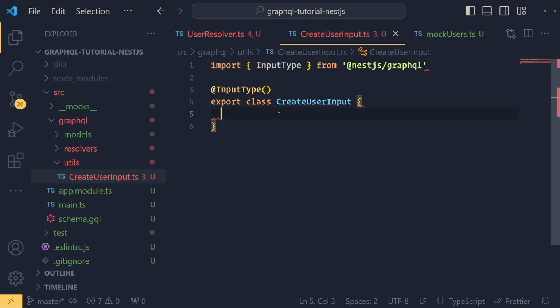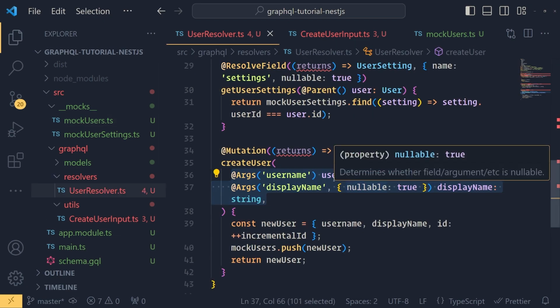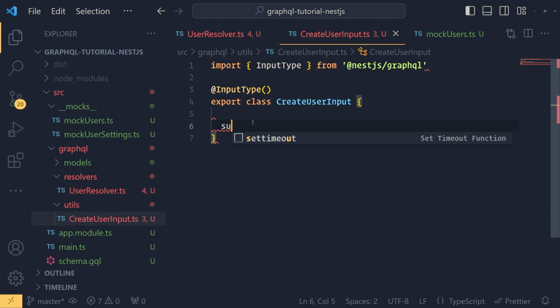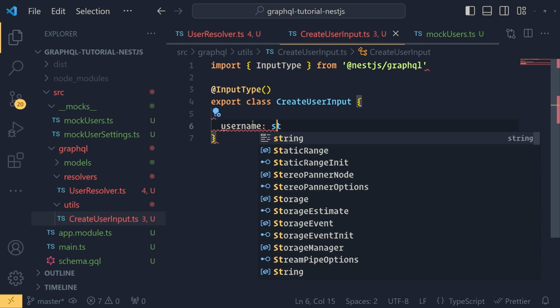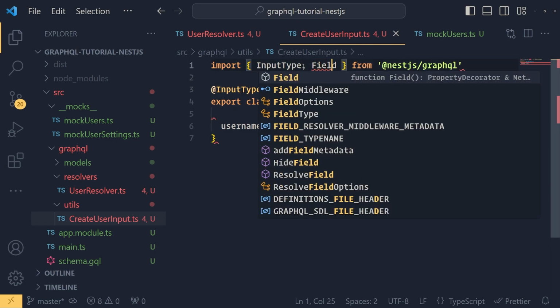And now we're going to define the fields that will belong to this input. So this will just be, again, similar to when you're making a POST request, you have your fields. This will just be similar to that for a mutation. So for a mutation, we expect two arguments, username and display name. So let's set up the username first. So username, be string, and we're going to use the Field decorator. So let's import that